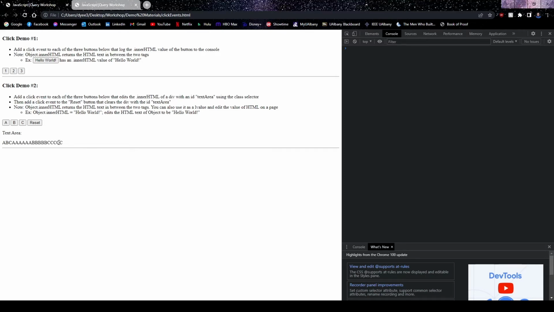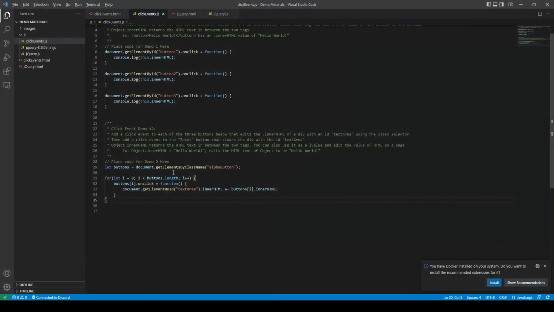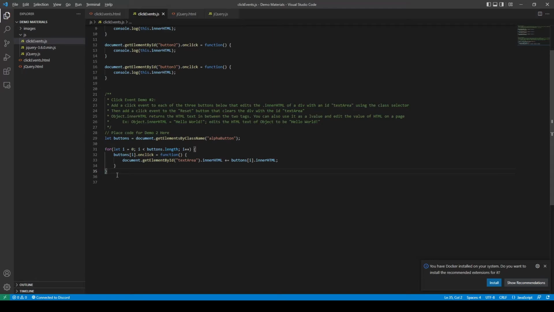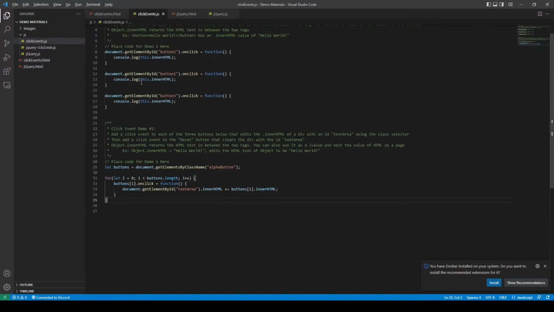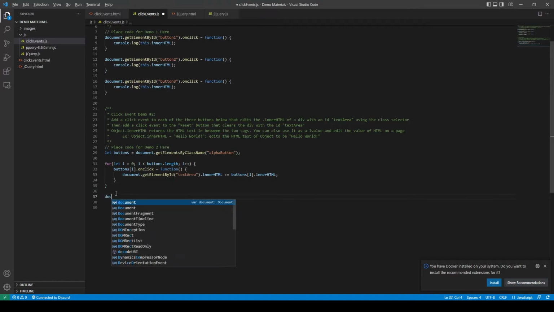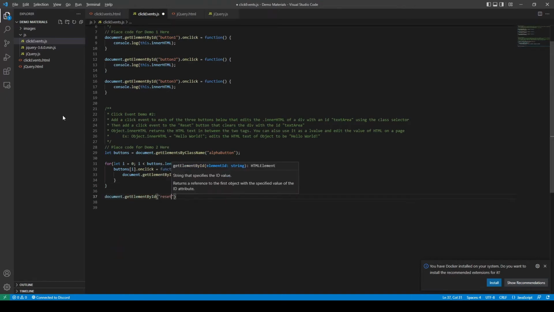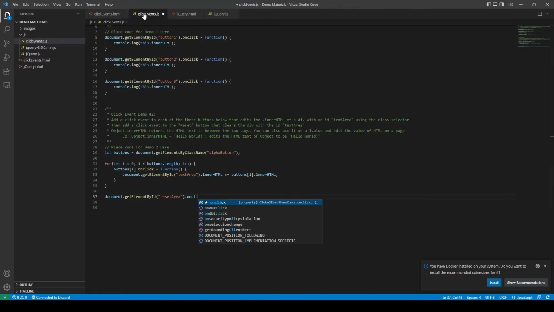Very nice. And now we actually want to do the reset button, which I didn't do, so now you want to reset this, so back here, it's all 2. Now, because the reset button is just an ID, we can just target it the same way we did for the first demo, so you would just go .getElementById with reset, what did I name it? Reset area, onclick